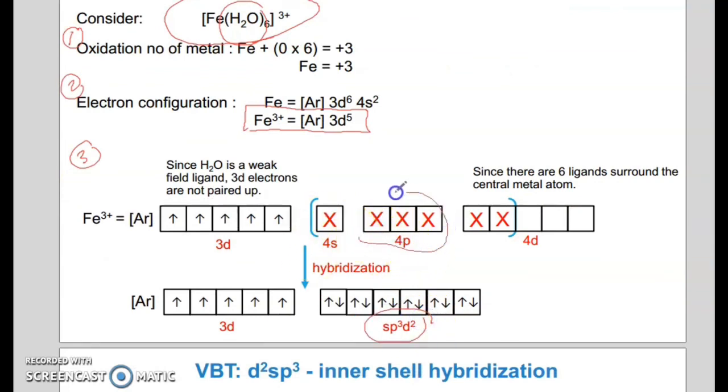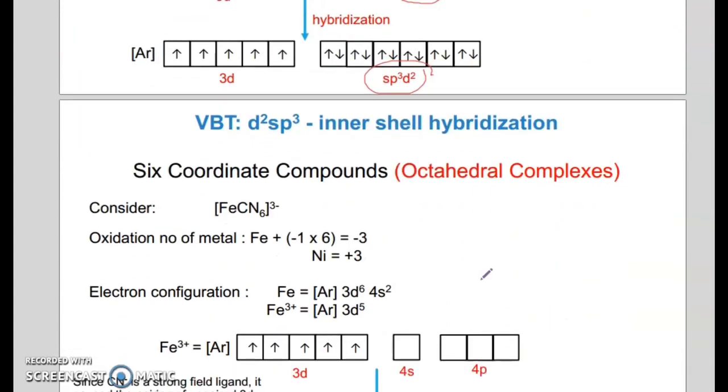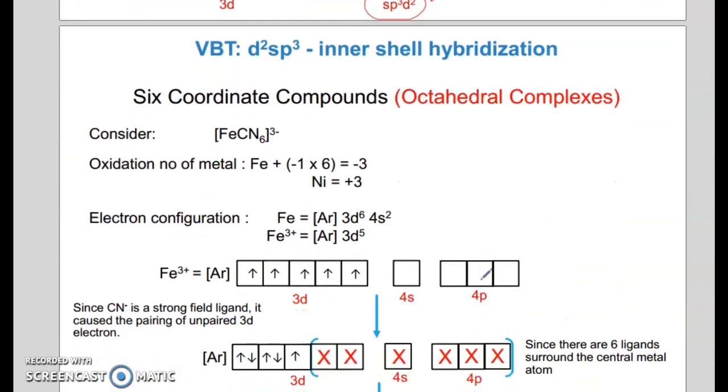Because of 3 orbitals of the 4p, and this is the hybridization. So now we look at the d2sp3 of the inner shell hybridization. So still 6 coordinate compounds, octahedral for the complexes, for the geometry, and this is the example of the complex